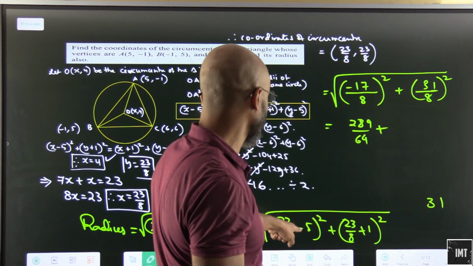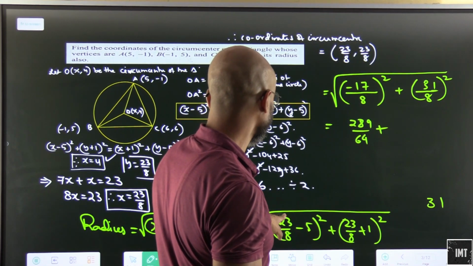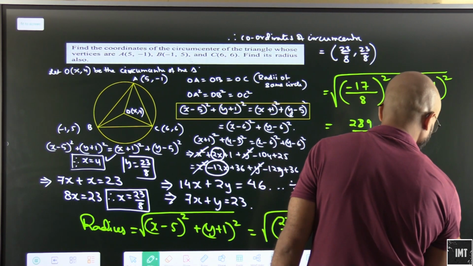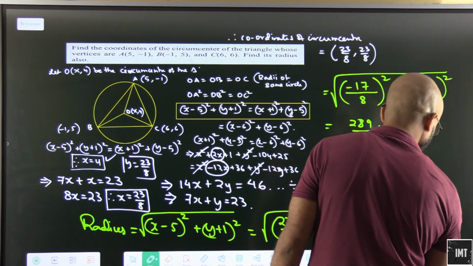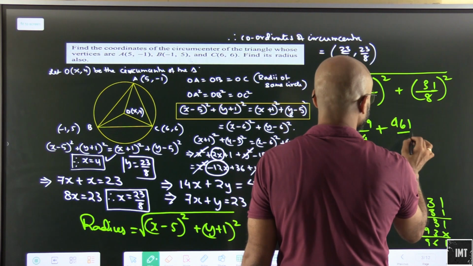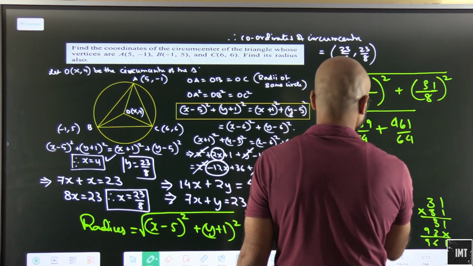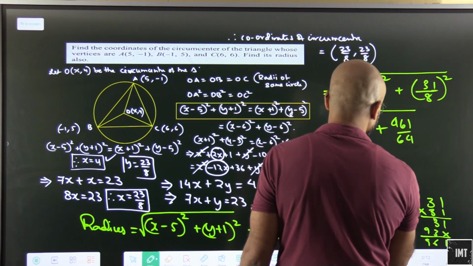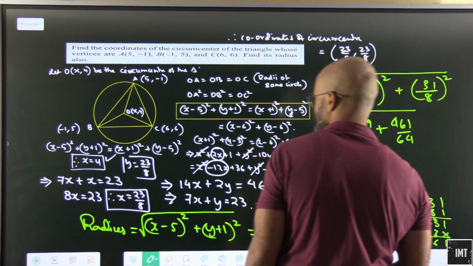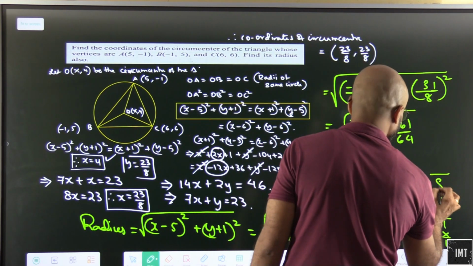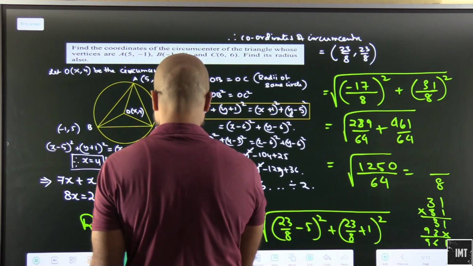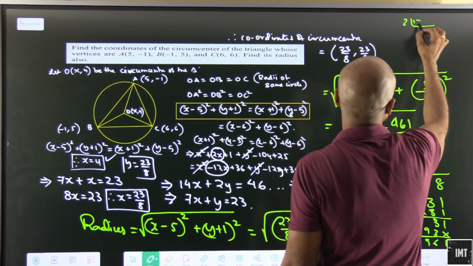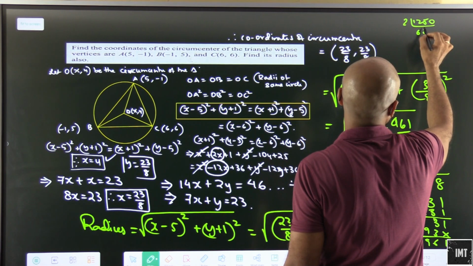So this is minus 40, and this will be 31 into 31, that's 961. This will be 961 by 64. 9 plus 1 10, 8 plus 1 9, 9 plus 6 15, 2 plus 1 3, 3 plus 9 12, that will be 64. So this can be written as 8 1250, 1250, this is how much, 2 6 are 12, 2 2s are 4, 5s are 10.